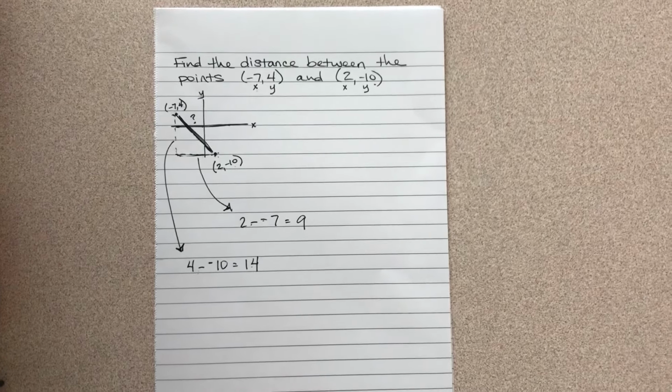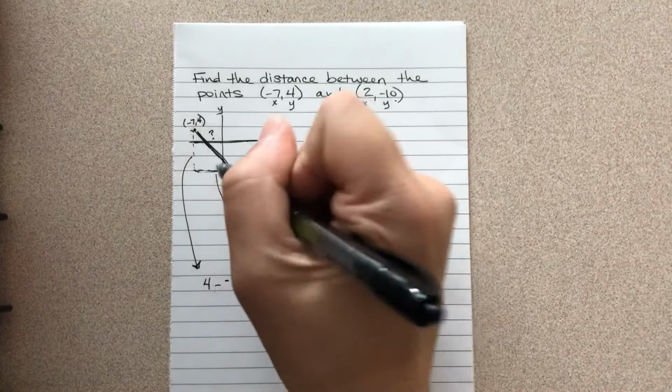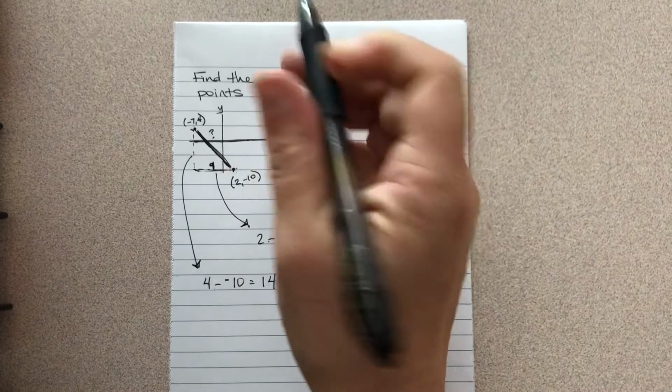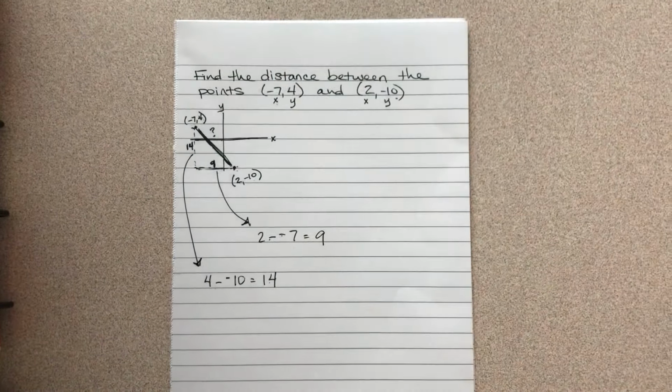These are the legs of the right triangle. So I think it would help to even put these on your picture. This is 9 here. This is 14. That'll help you to remember that you're not done yet. What you were supposed to find is this distance. And so now we can use the Pythagorean theorem. Because I'm finding the hypotenuse,